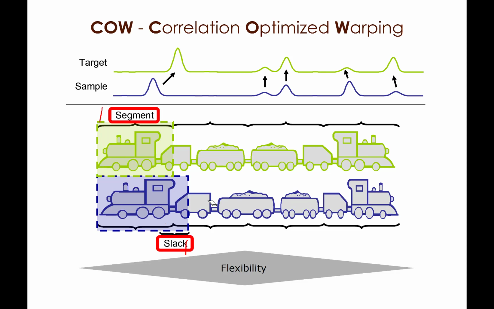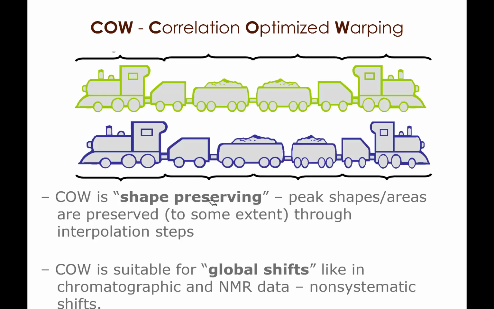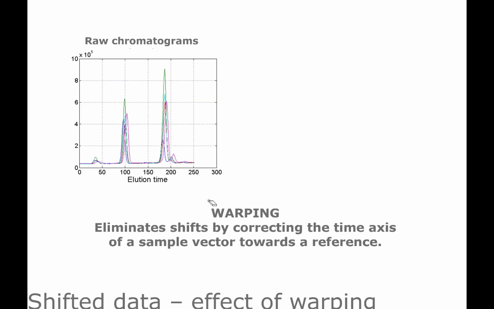The good thing about correlation optimized warping is that it's fairly good at preserving shape. That means the peaks do not necessarily change their form or shape while aligning, and that's an important thing. If you take it to the extreme though, the shape will change. COW is used very much for, for example, chromatographic data or NMR data, and also in many other situations. So let me show you what you can achieve